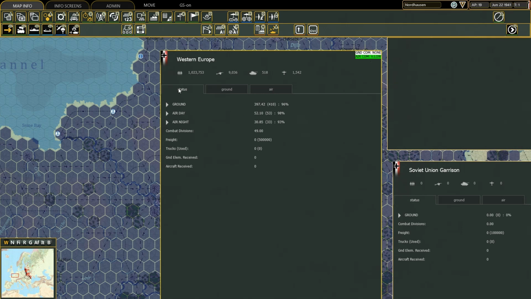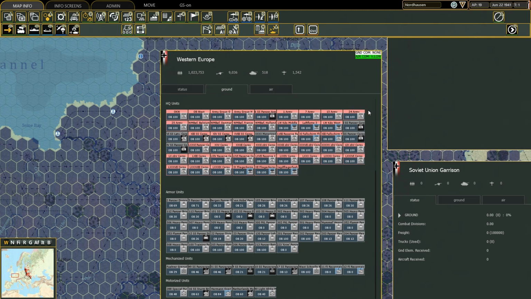And then you have here 3 sheets. Before going on to the status, let's have a look at the other 2 sheets. Basically, what these 2 sheets are giving you is the list of all the units present in this theater box. Now, I have to mention, I'm using the editor, and in the editor you will see